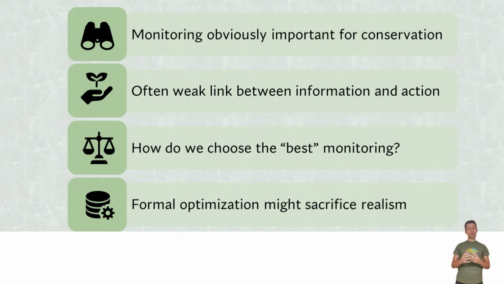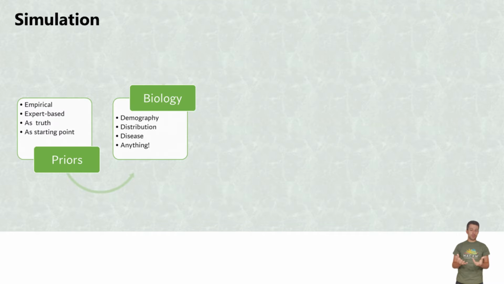So the solution that is an alternative to optimization, or to not doing any sort of integration of learning into planning, is based on simulation. We commonly use simulations in conservation, for example. Think about population viability analysis, where we take some knowledge that we have, some priors, as we call them, and we use them to populate a model and then use that model to project into the future. For example, what a population will do, its fluctuations, its stochasticity, its probability of going extinct, that type of biological process. Now, the suggestion here is that we could simulate not only the biological process, but also the whole learning